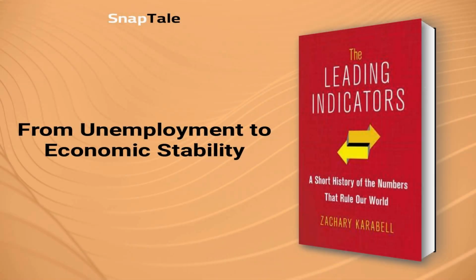From unemployment to economic stability. This summary narrates the history of measuring unemployment in the United States, from being virtually non-existent to becoming a critically important economic indicator. The Great Depression brought to light the need for measuring unemployment and creating policies to address it. Although Hoover's policies were insufficient, FDR's New Deal policies were centered around the creation of jobs, and his appointee, Francis Perkins, played an instrumental role in developing the Department of Labor's data collection infrastructure.